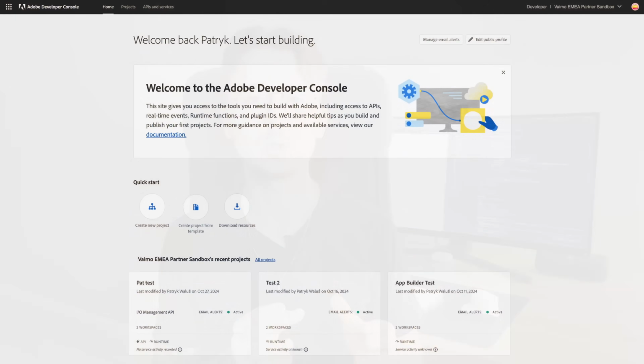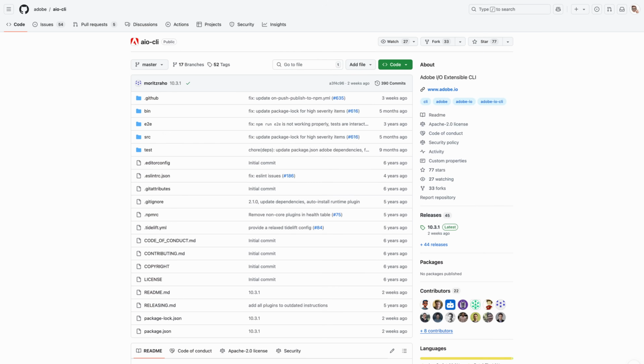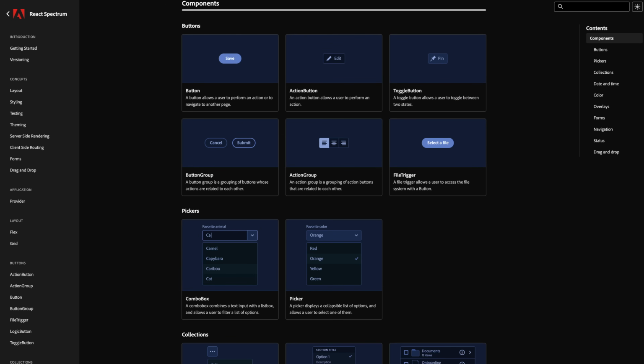This marks a major leap forward, making our architecture more flexible, scalable, and customizable than ever before. Let's take a look at what a builder includes. Firstly, we get access to Adobe Developer Console, a platform to manage projects, APIs, and services. Then we get developer tools, so resources like the AIO CLI, Spectrum React components, and more to simplify the development